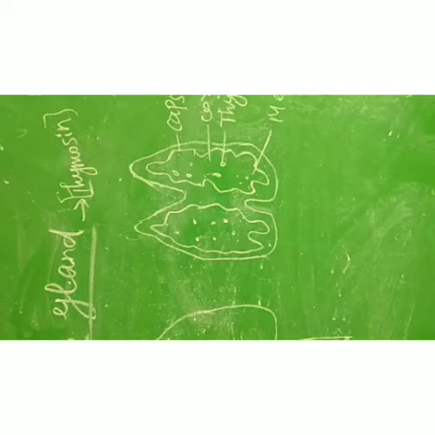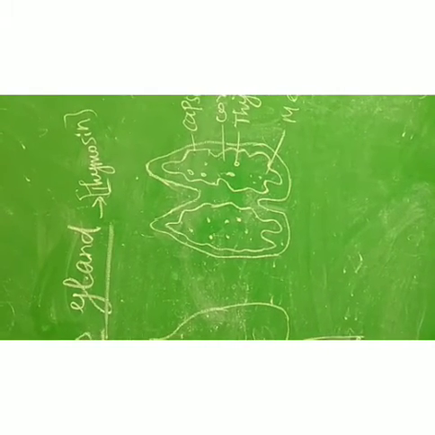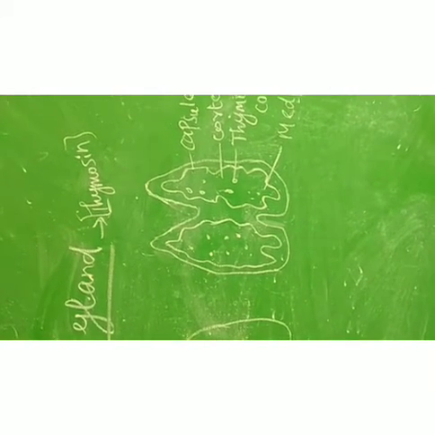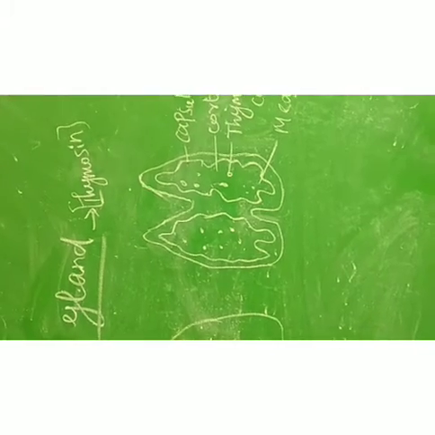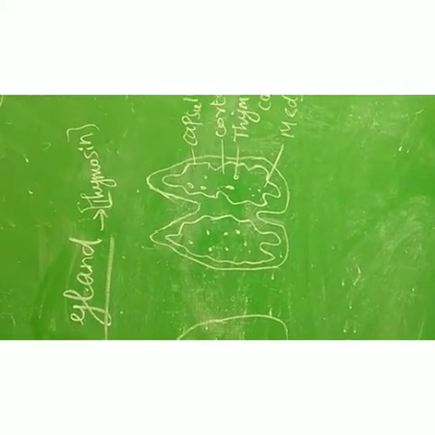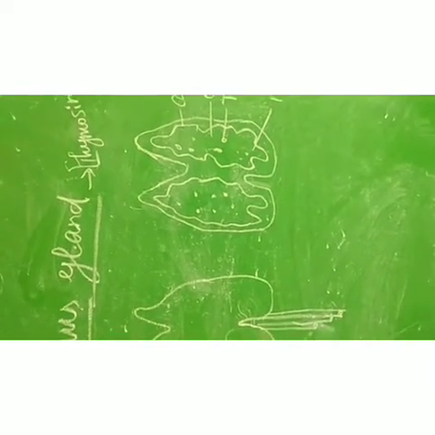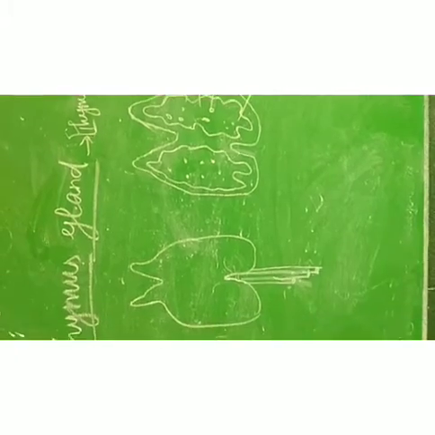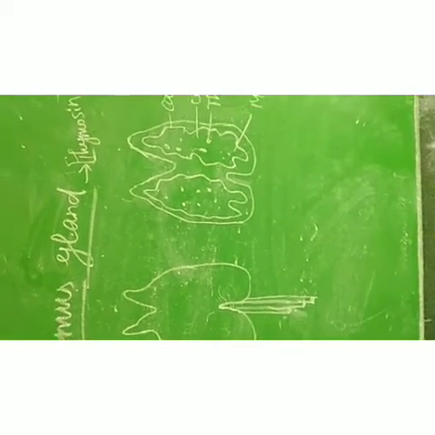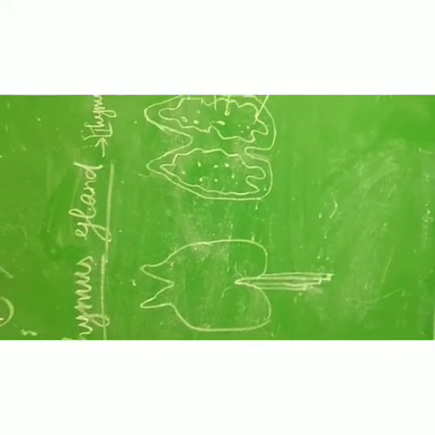So there are only two functions. One is the stimulatory effect on immune function. The other is production and differentiation of lymphocytes. This is the function of our thymus. The thymus gland is partially endocrine and partially lymphoid in function, and it is located in the upper part of our chest. So the lesson will stop here.